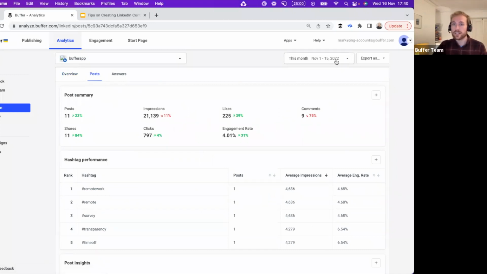Now, what I'm going to do today, and this is something I would suggest all of you do, if you either have analytics or if you don't have analytics, you should have the option to start a trial within your free Buffer account. And if you start a trial, you'll be able to get access to this immediately, and you can start playing around with it. No obligation to continue using Buffer after that trial, but it's really worth trying out.